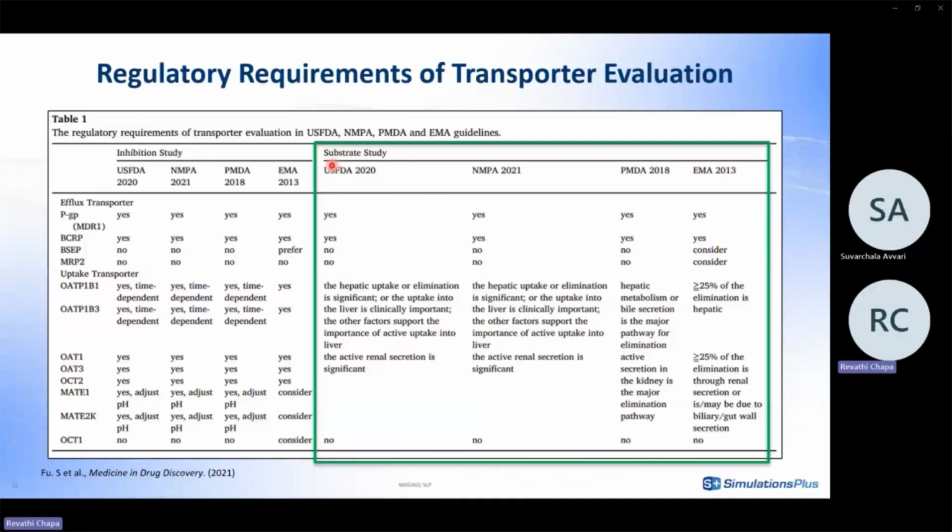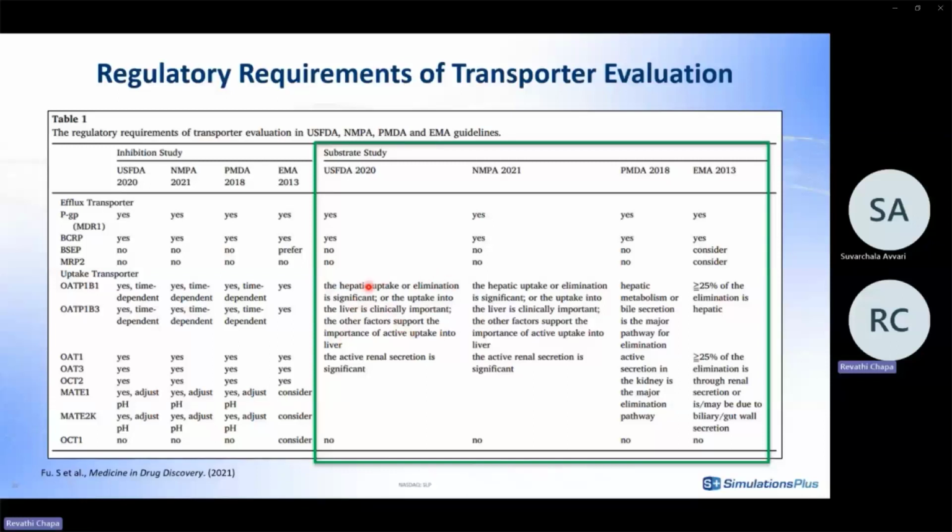This is comparing how different regulatory recommendations vary based on what efflux and uptake transporters could be involved for the screening process. As you can see, all the regulatory agencies agree upon PGP and BCRP, but there's no particular recommendation from FDA or NMPA or PMDA with respect to BSEP and MRP2, whereas EMA recommends to consider screening for these transporters. And then if the hepatic pathway of elimination is significant, that is, the uptake in the liver